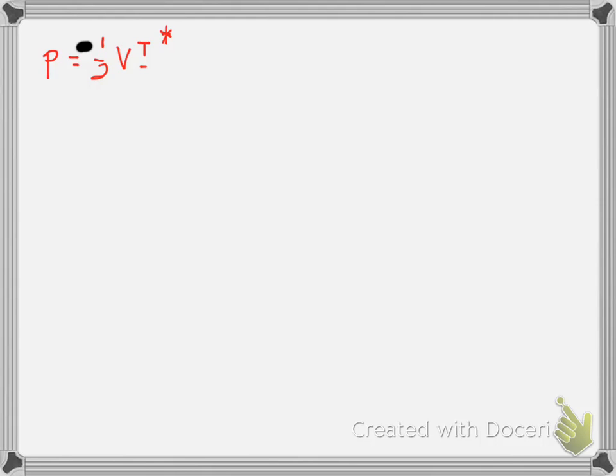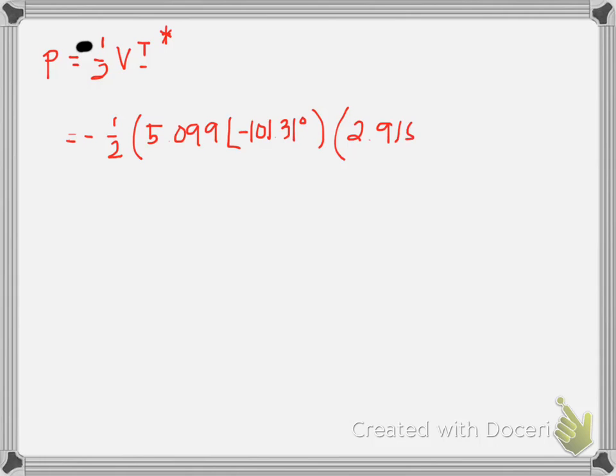I am exaggerating the negative sign, so we have equal to negative 1/2 times the voltage, which is equal to 5.099 angle negative 101.31 times current 2.915 angle 59.036 conjugate, and this would result to,